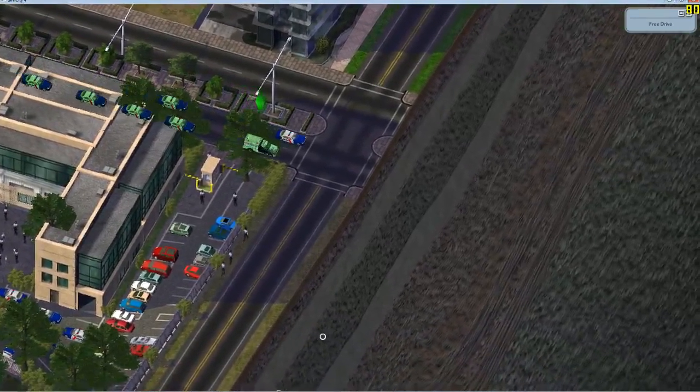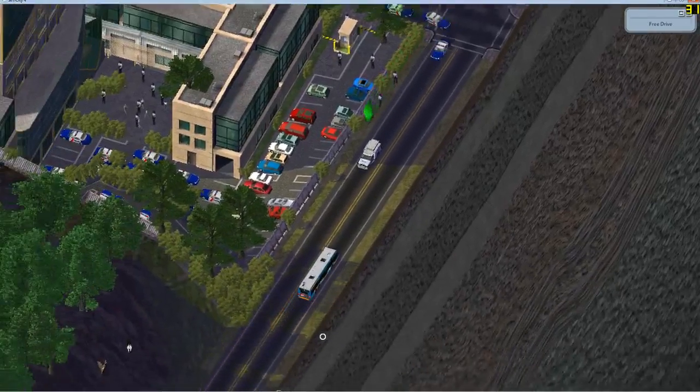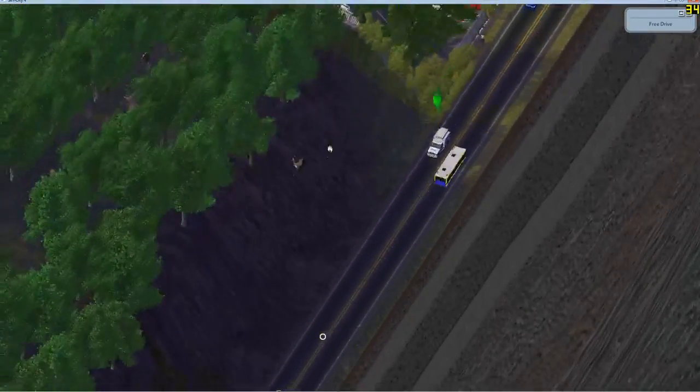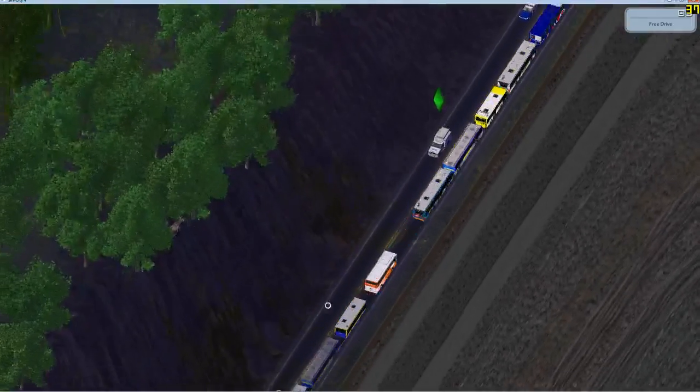And I'm just going to move over to where I want to start. I'm going to start in the little corner of the city, so it's not too far away. I'm not recording on